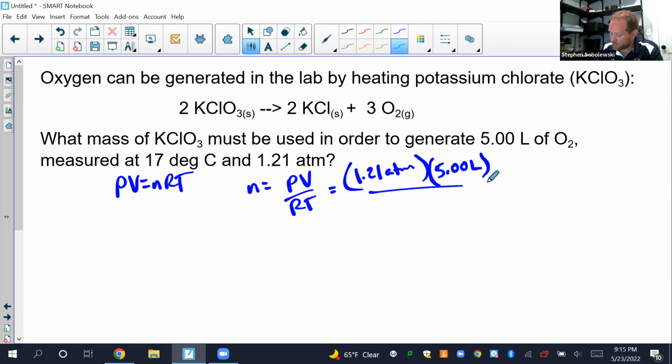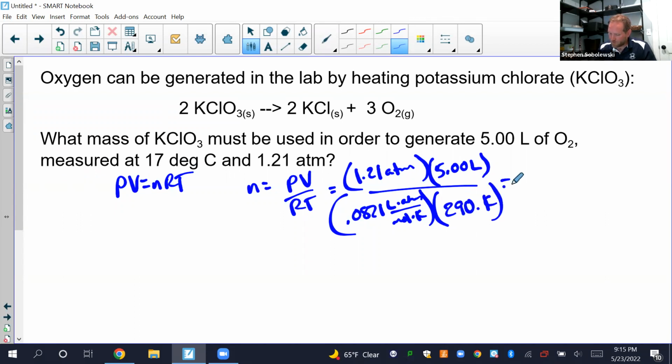Very generous problem to give us those. R is 0.0821 liters atmosphere over mole Kelvin. And T is 17 degrees Celsius, which must be turned into Kelvin. So the same as before, 290 point Kelvin. Okay. Atm cancels atm, liter, liter, Kelvin, Kelvin, we're left with moles. 1.21 times 5 divided by 0.0821 divided by 290. I got